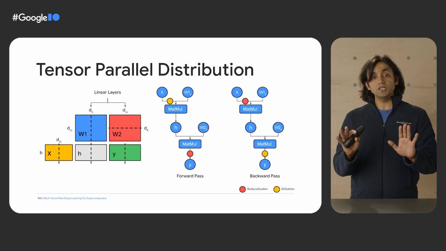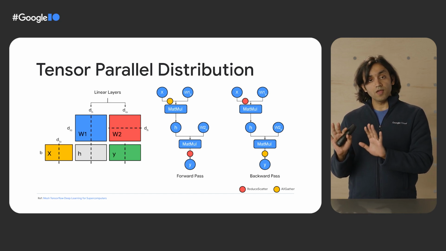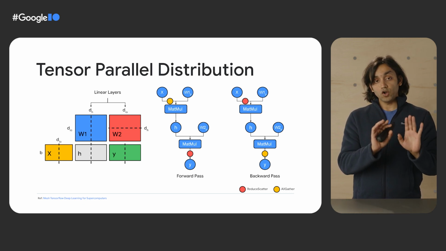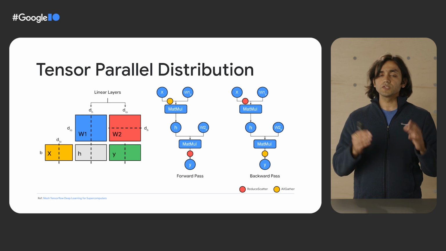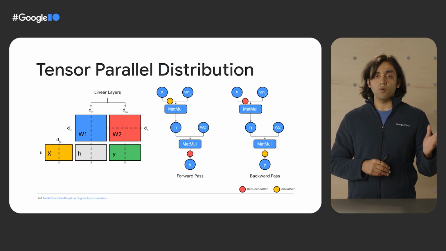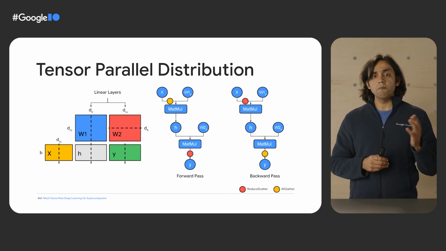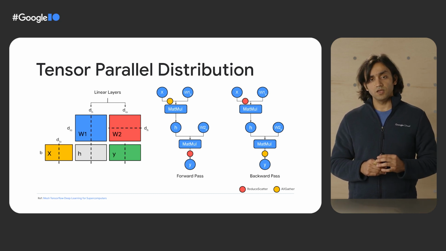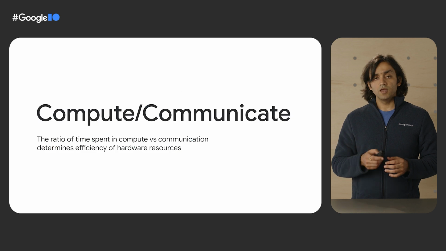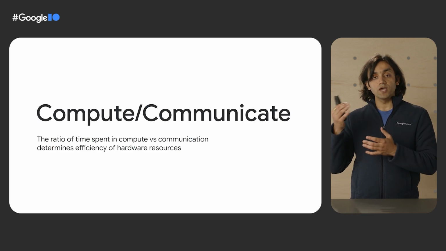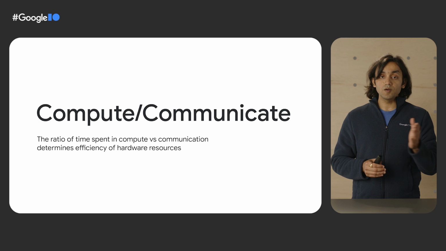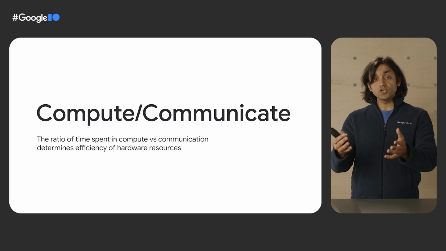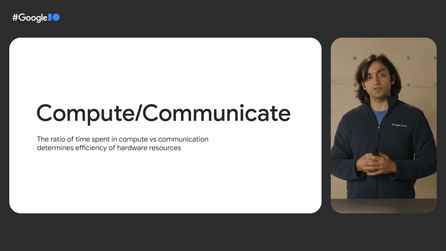If it was too many details to register, just remember, the takeaway is that even a simple model partitioned across two workers introduces significant communication steps in the forward and backward pass. Imagine a much larger model with scores if not hundreds of layers, and you will notice that the ratio of compute and communication is what determines how efficient the distributed training is. That is, how efficiently we are using the accelerators.